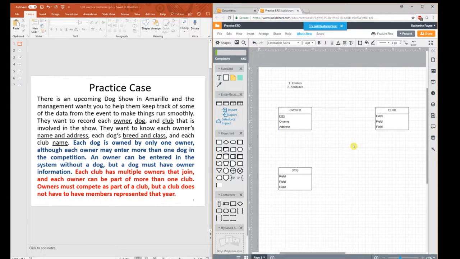We can now do the same thing for the dog and the club. So let's see, they want to know each owner's name and address, dog's breed and class. Similarly here, we don't have a good primary key indicated, so let's make one up that's virtual. I'm going to call it DID and underline it to make sure that everyone knows it's a primary key. And then also double click to add breed, and double click to add class. I'm going to make this lowercase as well,